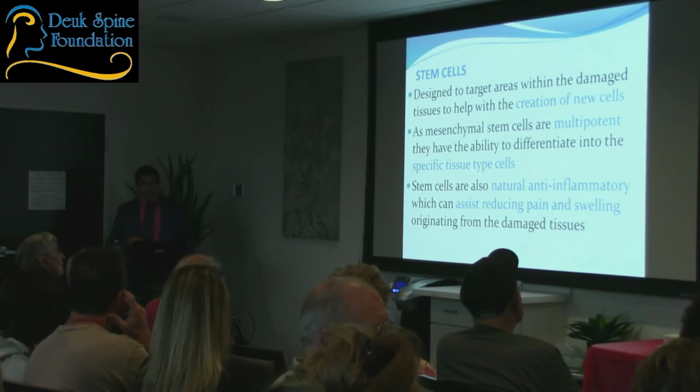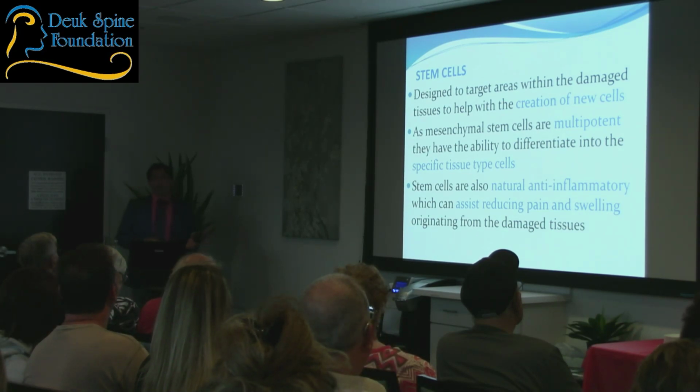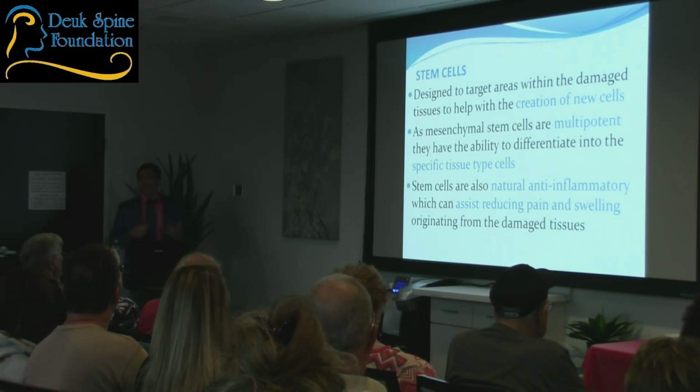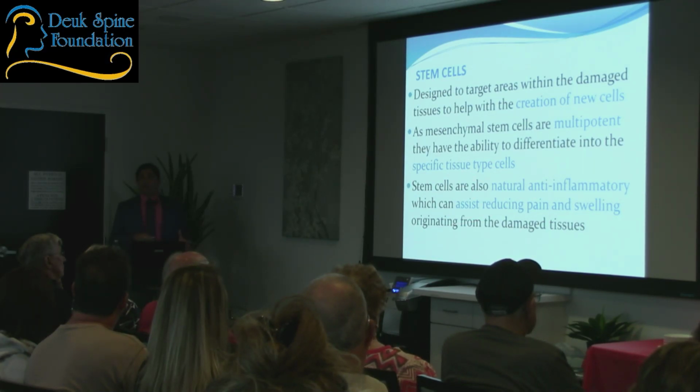They're also anti-inflammatory and can help reduce pain and swelling. When you have a chronic injury and there is scar formation, there is chronic inflammation there. So you're constantly having pain because that inflammation is not going away. Scar tissue is just hurting and hurting. It's not getting better. When you inject the stem cells, basically they take care of that inflammation portion too,